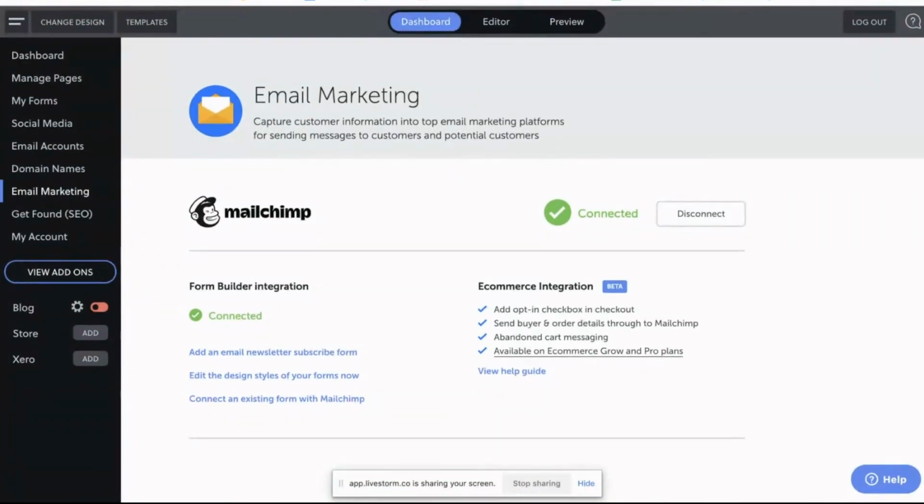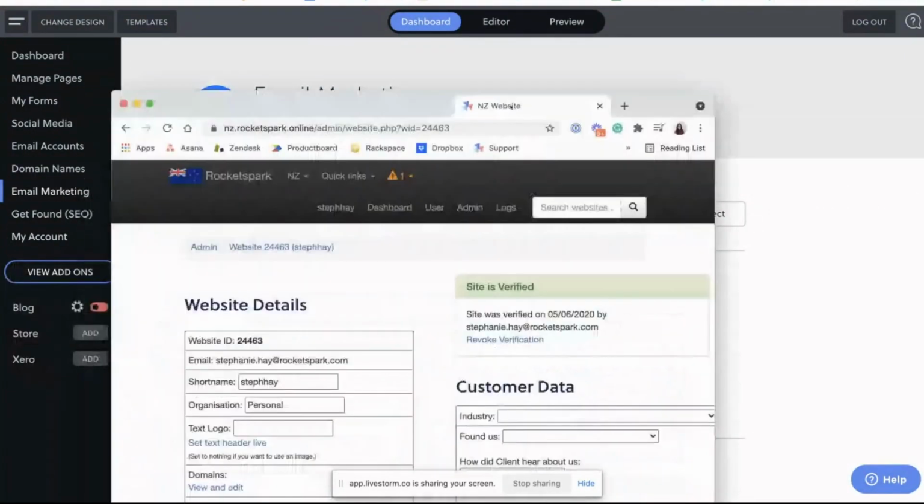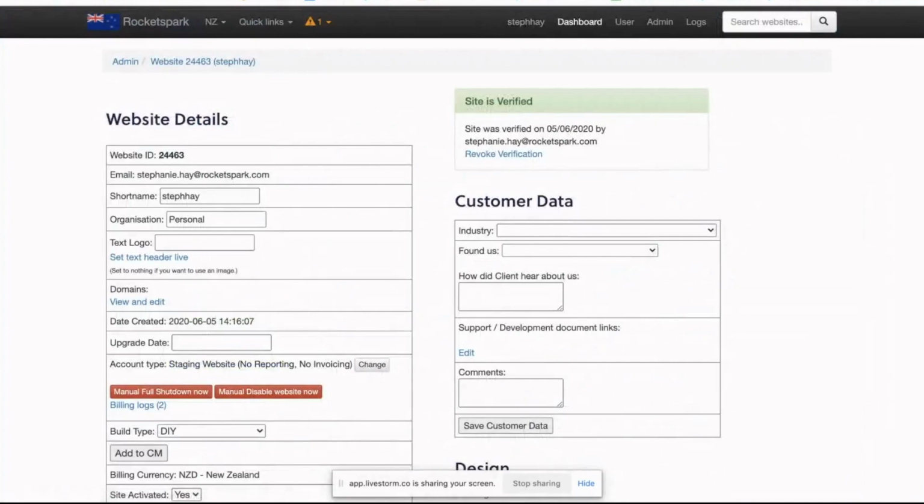Cool, so that's usually popping up there, but unfortunately that doesn't want to load in. So what I'll do is I'll just bring up my other one that I have. Got quite a few sites connected to this already. So I'll just bring this one up as a backup. So yeah, most of us, especially here at Rocket Spark, all have our own test websites that whenever we have any kind of questions come through from our customers, we'll immediately go and have a go on our test site just to make sure that we can recreate this. So that would be this here.